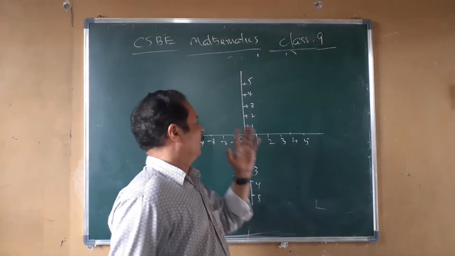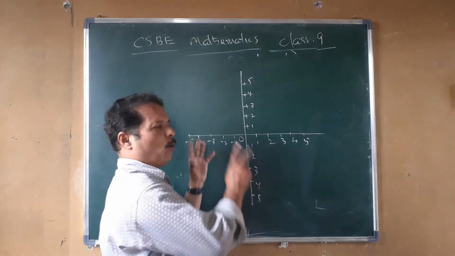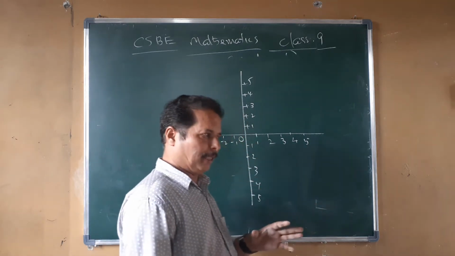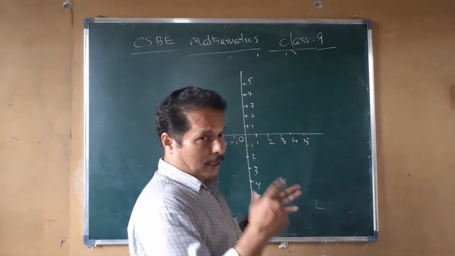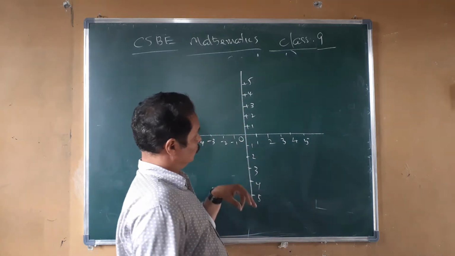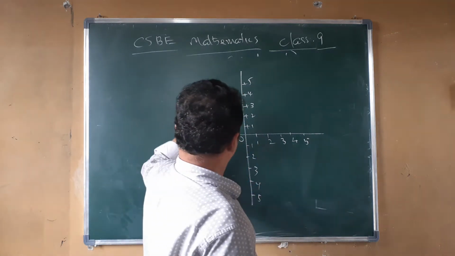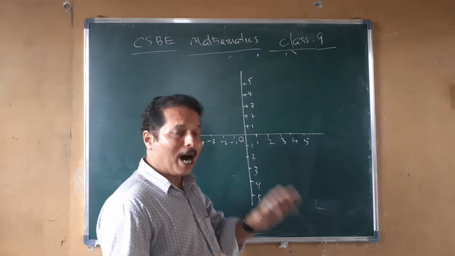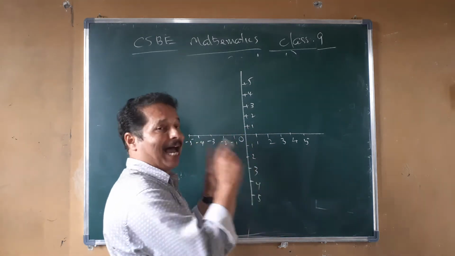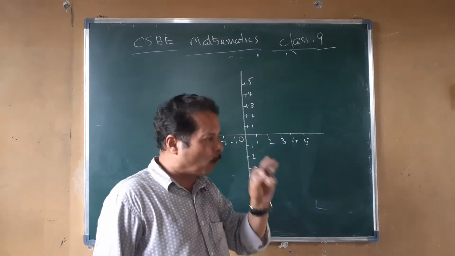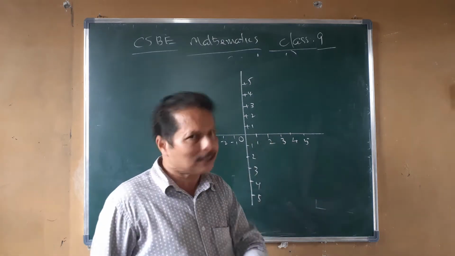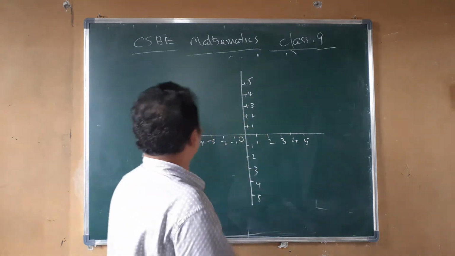Look at here. Now you studied how to mark points in the Cartesian plane very clearly, but in the previous test paper, so many students didn't understand how to mark the points on the axis. The position of the point on an axis is not clear. So look once again here.